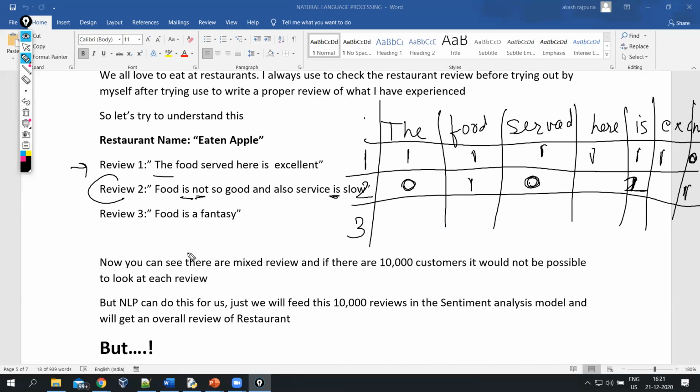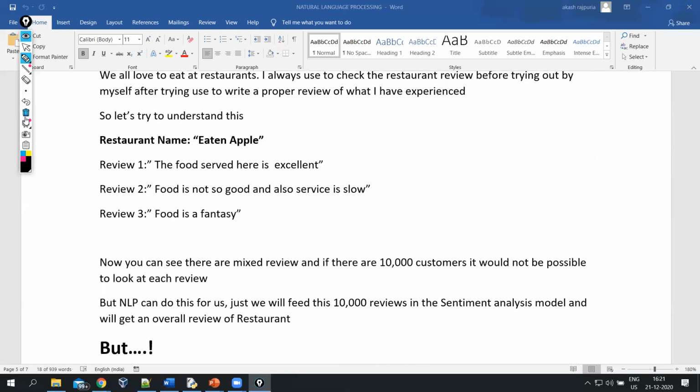In this way I will fill this complete matrix, and what I get is my numbers. For example, 1 1 1 1 1 1 1 0 for the first statement. For the second statement I have it this way. In this way I just count the unique words. As I said, we can remove the stop words, so we will remove the, here, is, and we will have this type of features with us. So this is simply called the bag of words model, where you first count the unique words and how many times each has appeared in the document, just that, nothing else.